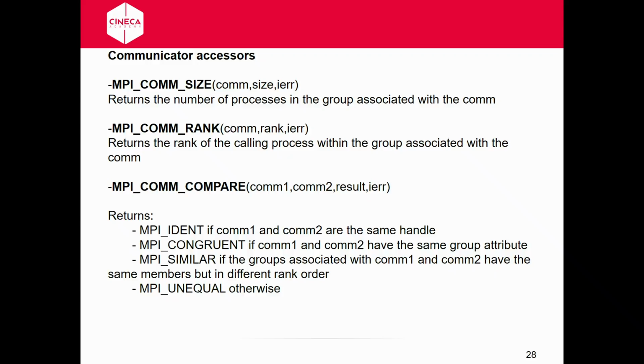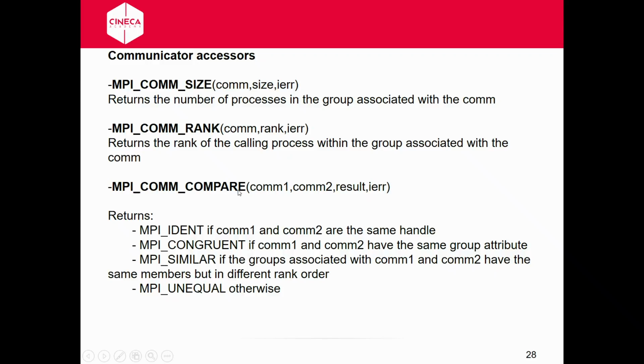So, we can inquire the communicator with some commands. Some of these commands we already know, particularly the first two, MPI_Comm_size and MPI_Comm_rank. Here, usually we put MPI_COMM_WORLD, but we can put the name of the communicator that we want,